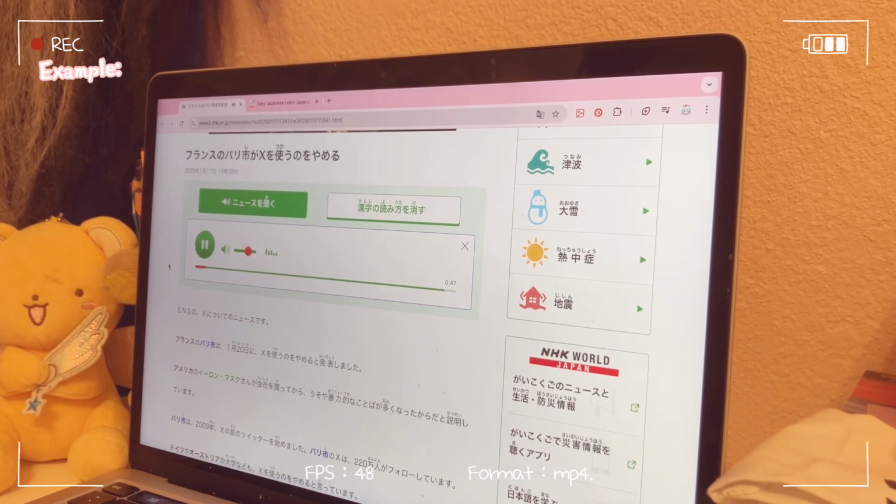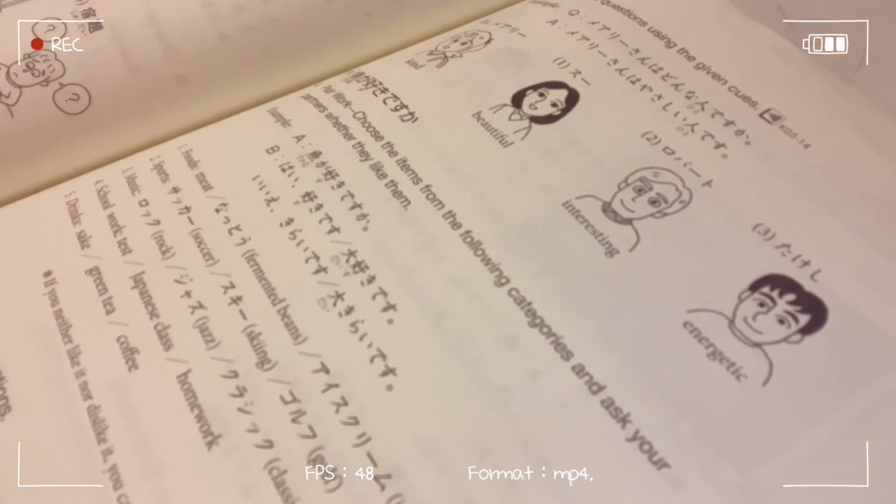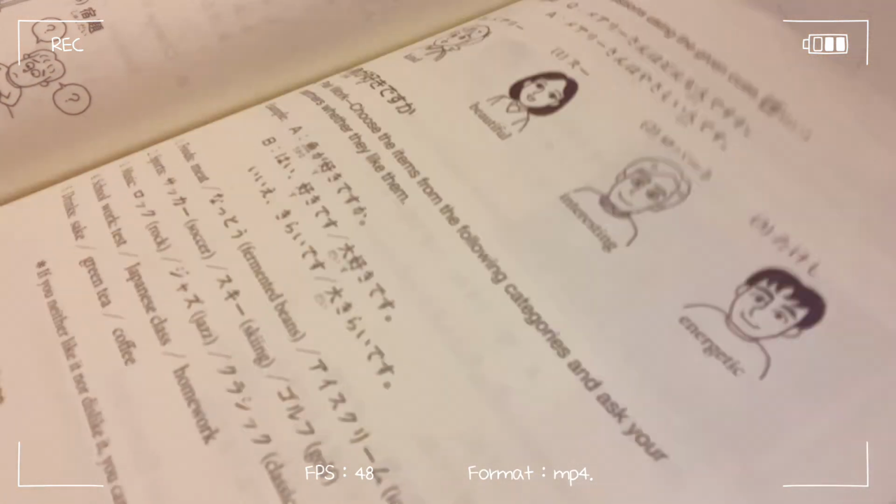SNS の X についてのニュースです。フランスのパリ市は今月20日に X を使うのをやめる。